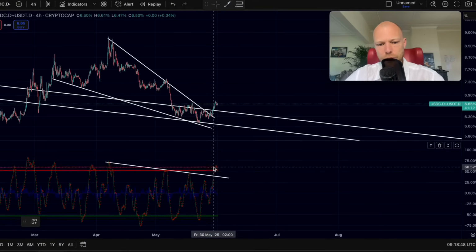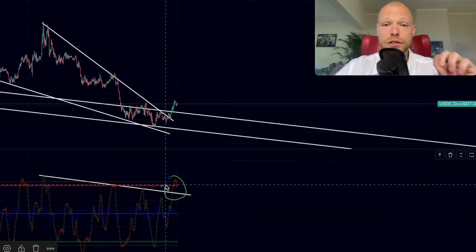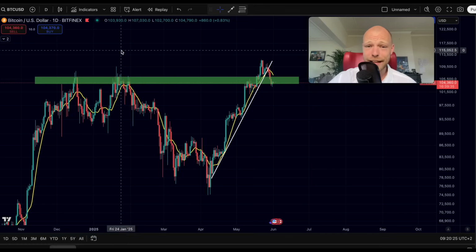So the stablecoin dominance has been breaking out on the momentum indicator as well. What does this signal mean? So guys, let's jump straight into it, and we are starting of course on this beautiful morning with Bitcoin price